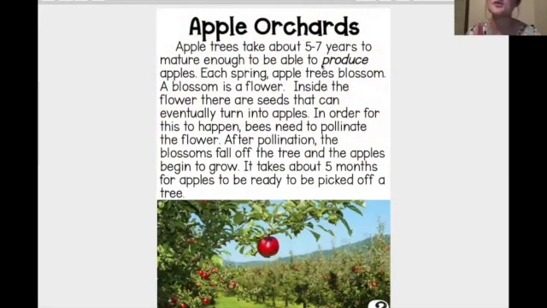Now we want to go to, if I want to learn about apple orchards, what page did we want to go to? It's on the bottom, page 2. So apple orchards, remember, like a big farm. It says, apple trees take about 5 to 7 years to mature enough to be able to produce apples. Mature means that they have to be ready to be picked. If they're not mature, they're going to be really little, and they're probably not going to taste very good because they're not done growing. So they need about 5 to 7 years to mature enough, the trees do, to produce